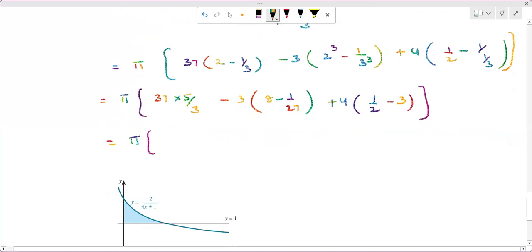Pi into 37 into 5, which is 185 by 3 minus, if I am taking 27 LCM, 27 into 8 minus 1, 215 divided by 3, 27 is then 3 nines. Now, plus